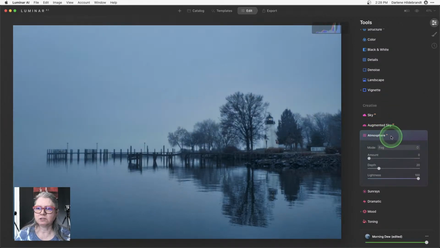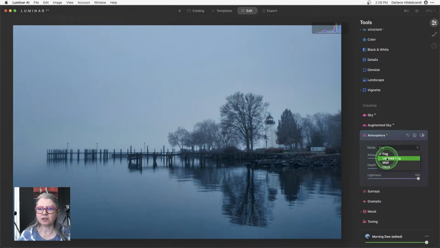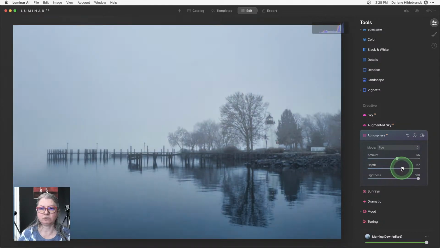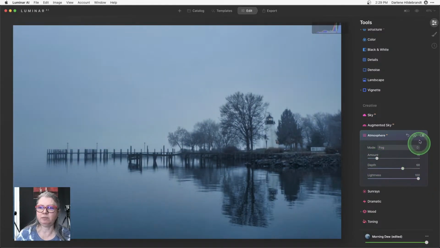Okay, I'm going to undo this one. Okay, atmosphere. I'll go back to put this in. Atmosphere, what it's doing is it's adding like a layer of fog, which could work in this case. So it tries to analyze the image, and you can actually add layered fog, which is kind of cool. So the more you drag up the depth, I'll just show you what's happening. It actually comes forward in the image, right? So how cool is that? So maybe I will leave a little bit of fog.